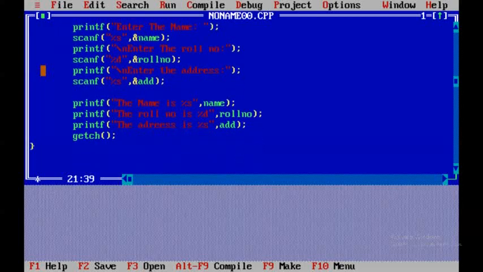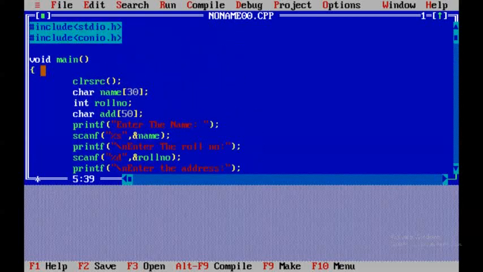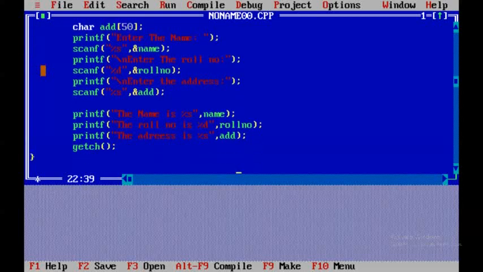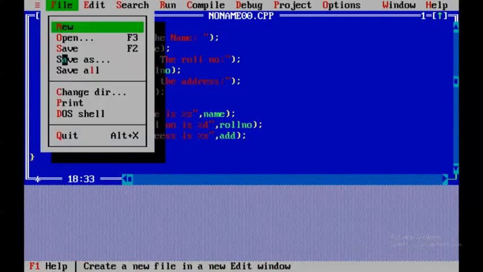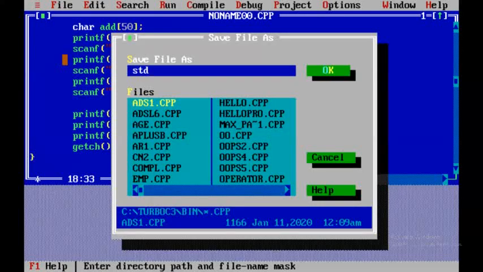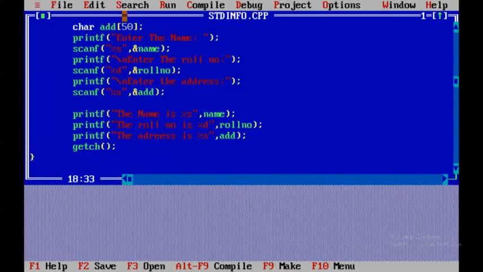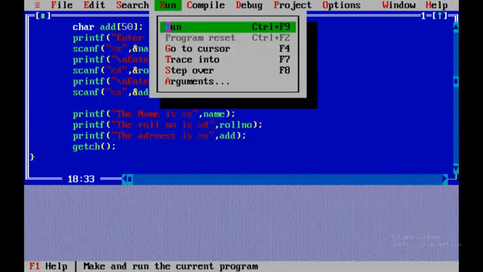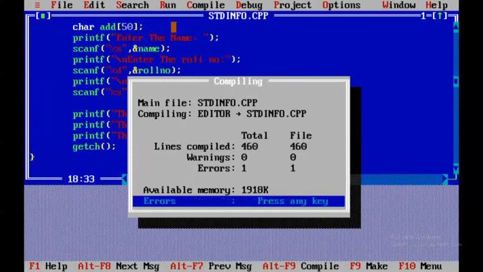So here we have accepted the values from the user and displayed them on the screen. Now we are going to save this program as std info and run it. You can simply use Control plus F9 to run.